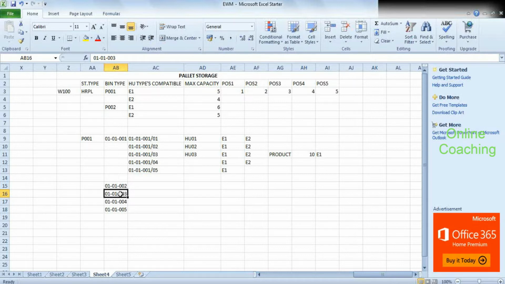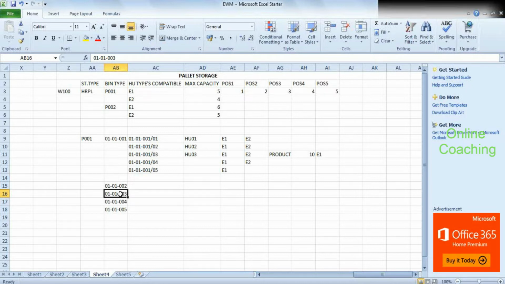So for pallet storage, just like in bulk storage, it's not just the behavior of the storage type that makes you use the pallet storage strategy. You also will have to create a structure known as bin sectioning. Bin sectioning means that for every bin type, you say how many sections you want. Sections here would mean something like the stacks that you have in bulk storage. So if I'm having 5 stacks in my bulk storage bin, and that storage type becomes pallet storage, then you might say,